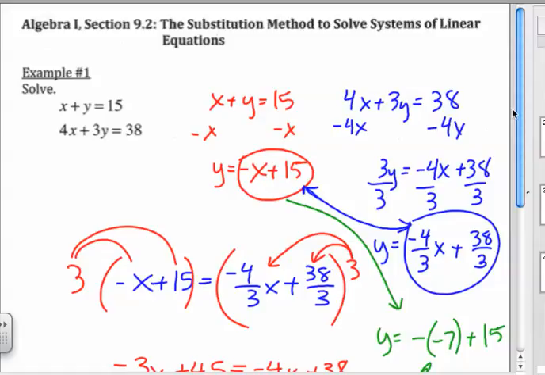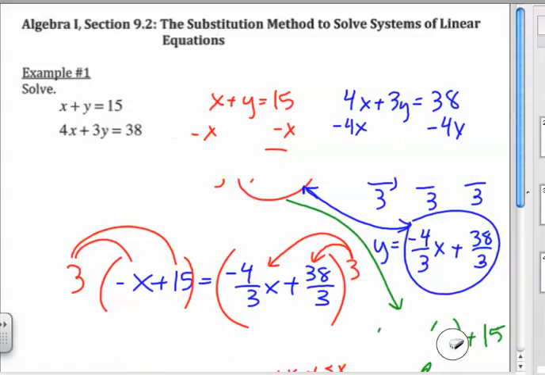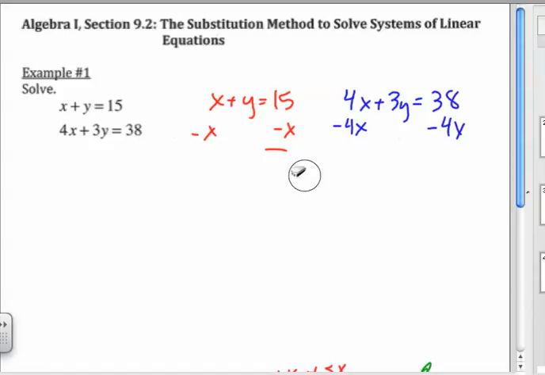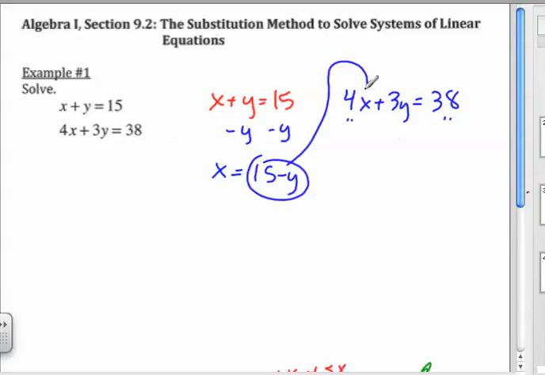Now, let me say something. Some teachers, and they would be right, would say, and I'm going to erase this just to give myself a little more room, you know what? This is the easiest way to do this problem. Yes, it is. I'm going to subtract y from both sides, and I get that x is equal to 15 minus y. That's what x equals. Put it in for x. 4 times 15 minus y plus 3y is equal to 38. 60